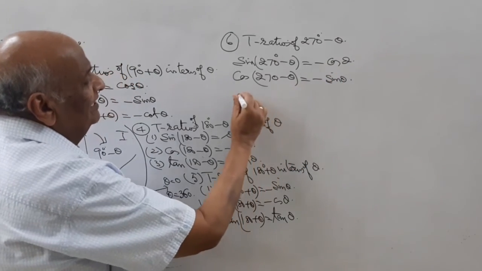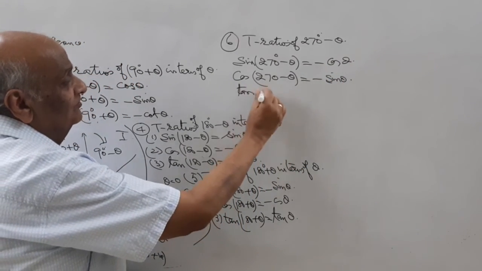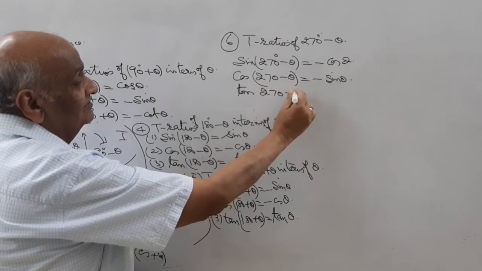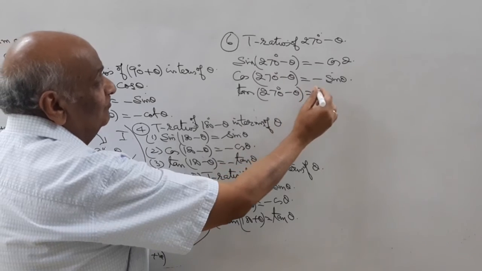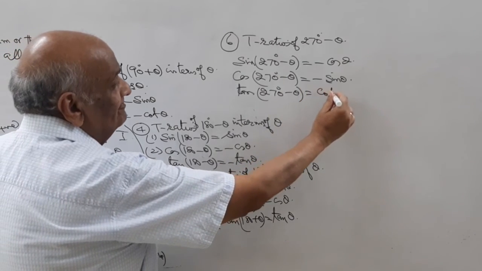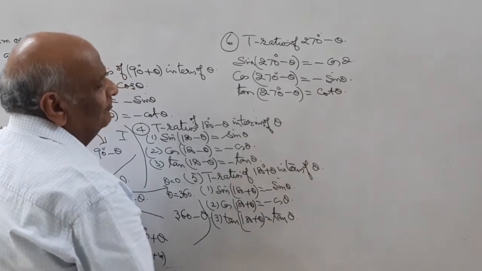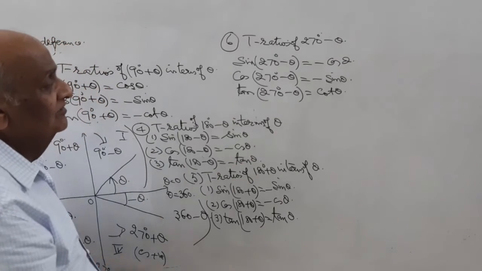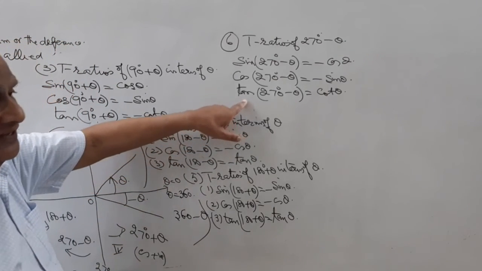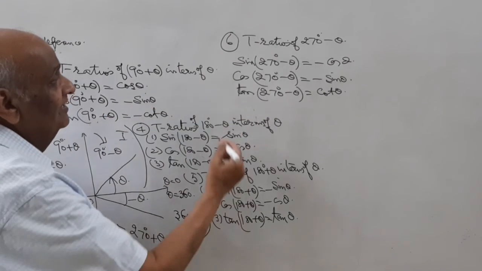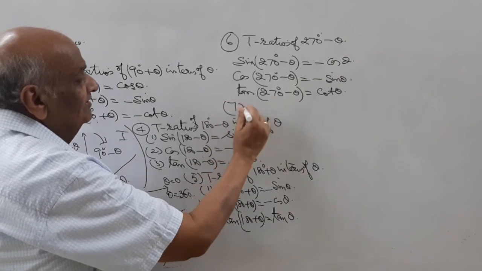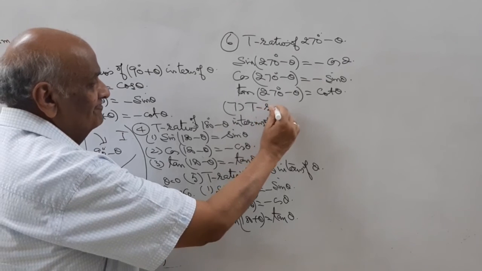270 minus theta, cos will be minus sin theta. But when you have tangent of 270 minus theta, it is equal to cot theta. Is it negative? No, it is positive, because in the third quadrant tan is positive and it is an odd multiple of 90. Okay? Then in the seventh case, T ratios of